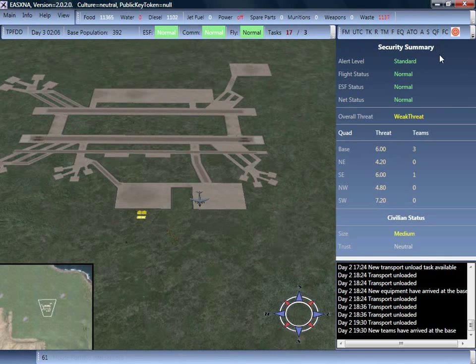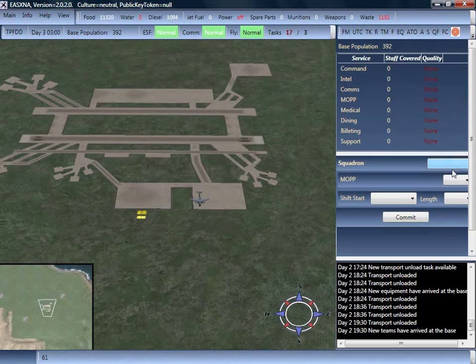The Security Summary displays information about the strength of insurgent threats in the surrounding quadrants. The higher the threat level, the greater the threat. Assign patrols to counter the threat in a given area. Convoys arrive through the southeast quadrant, and they are vulnerable to IED attacks, so be sure to patrol the southeast